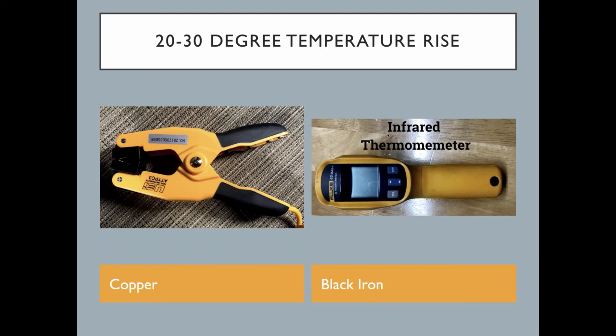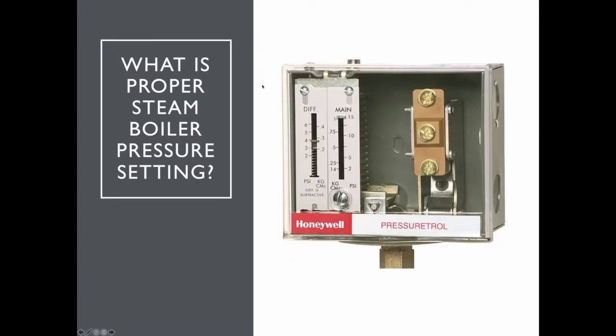When you're checking your temperatures on a system, if you use the infrared thermometer, a lot of times you can't use those on copper pipes because of the reflectiveness of the copper. Maybe you can cover it with tape or something. A lot of times I will use these little clamp-on meters and it will tell me what my temperature is. And I use the infrared thermometer when I'm checking steam traps or black iron pipe, and look for a 20 to 30 degree temperature rise. On some of the commercial boilers, you want to check with the manufacturers what the proper steam